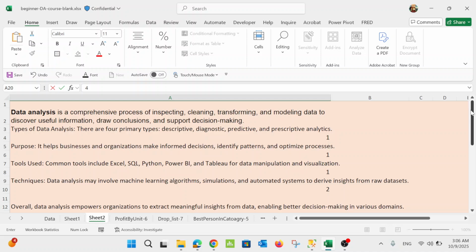So for that, we go with this definition: data analytics is a process of inspecting, cleaning, and transforming data and modeling the data to discover useful information, draw conclusions, and support decision making. So the main purpose of data analytics is supporting the decision maker to get the right data.